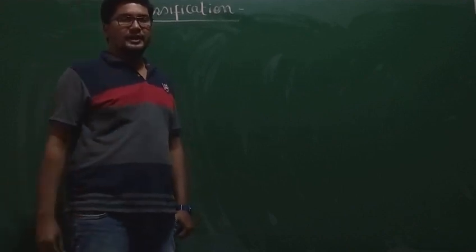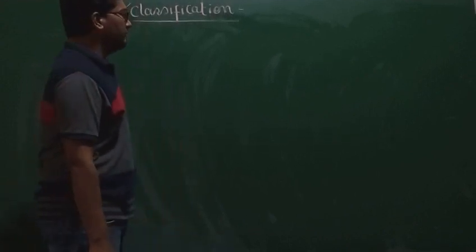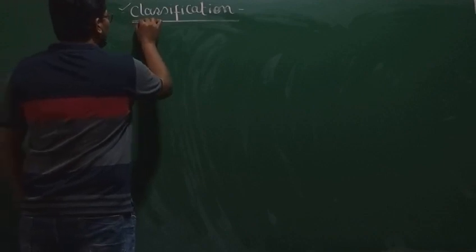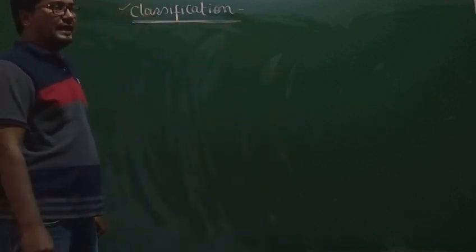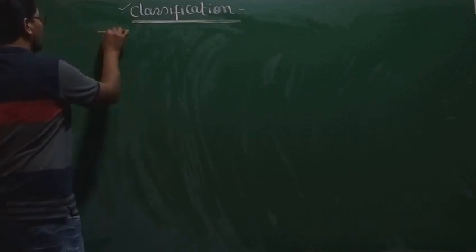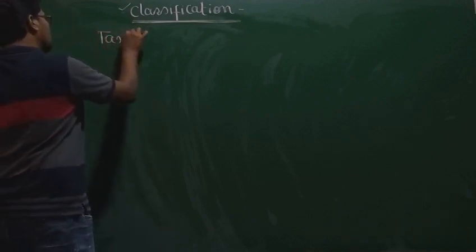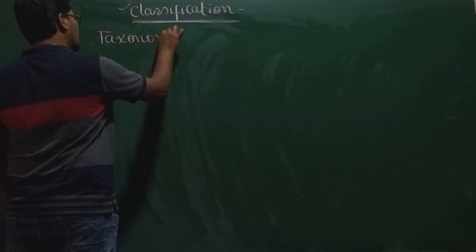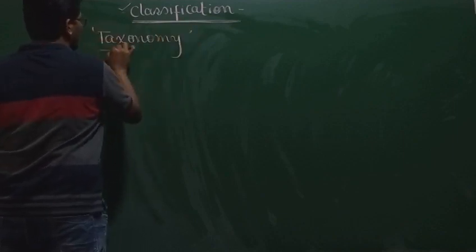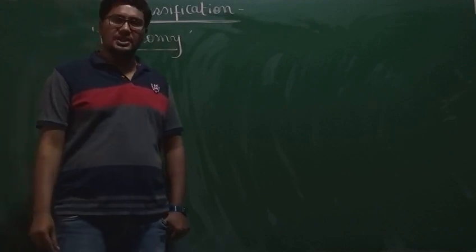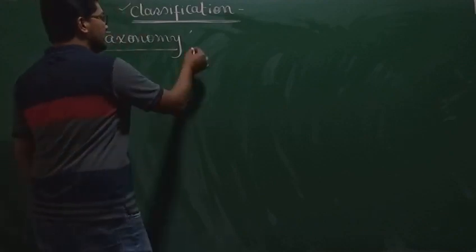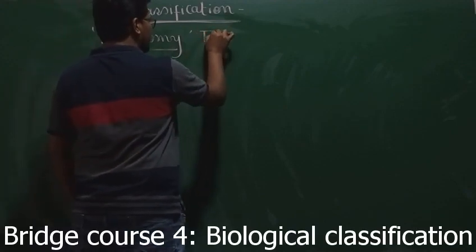Class, let us discuss the third module given to you for bridge course, which deals with biological classification. Before going with classification, first we have to know the word taxonomy, which is very important in biology. So taxonomy is the combination of two words,